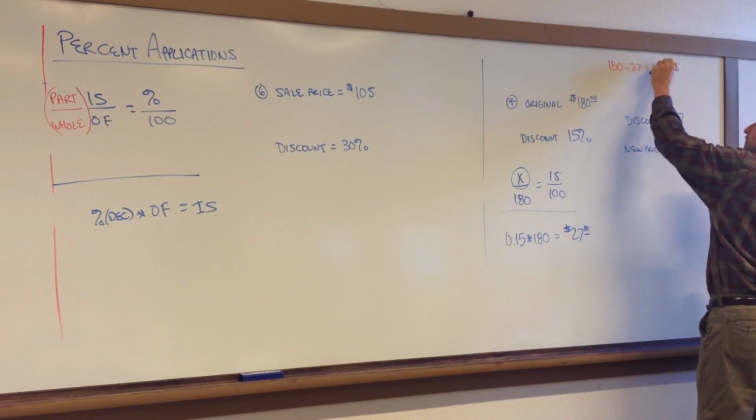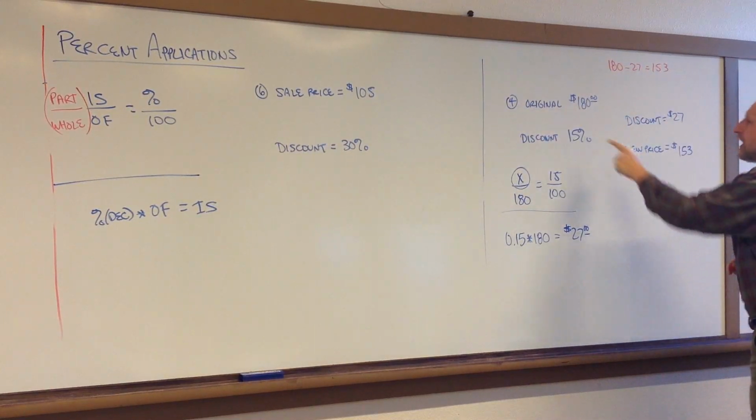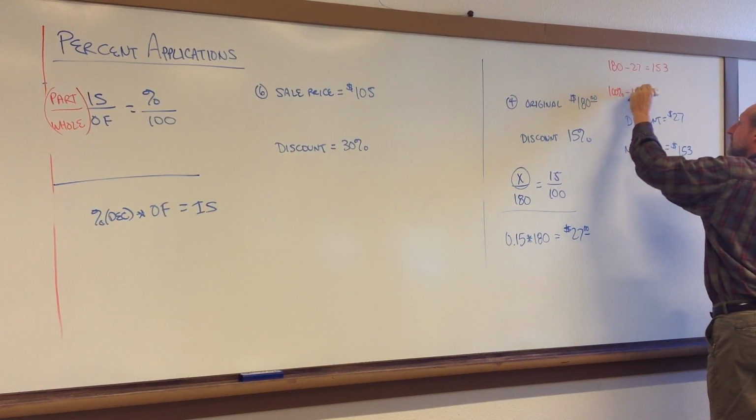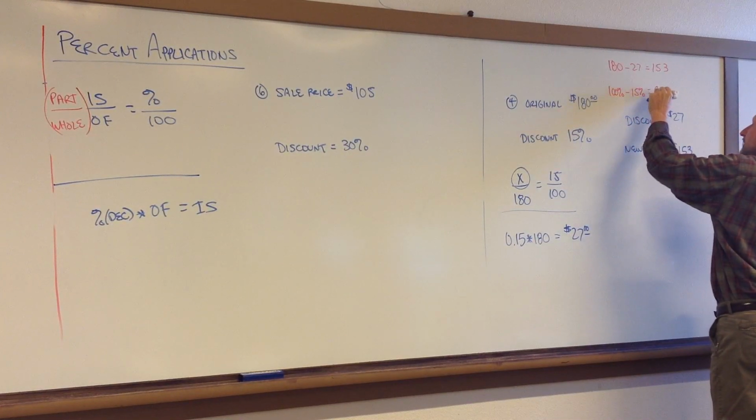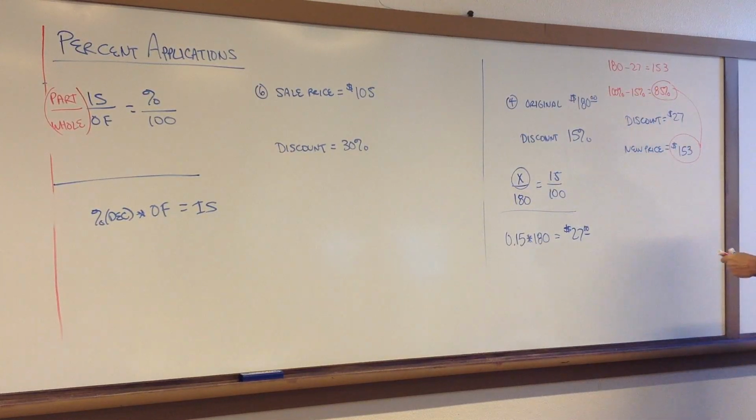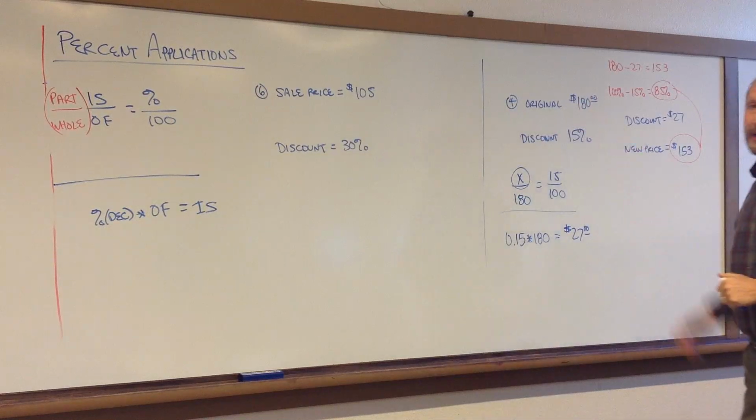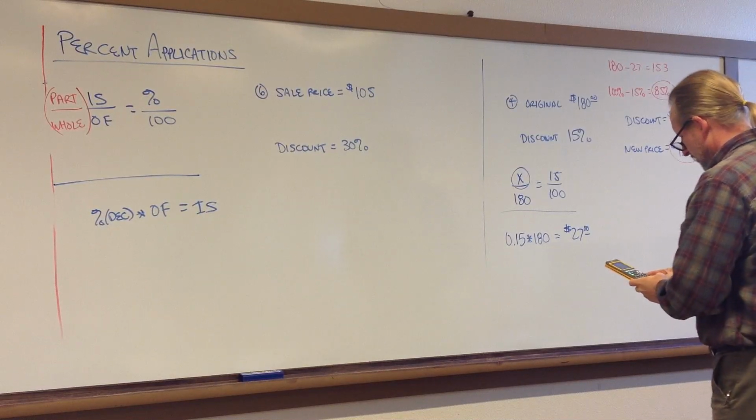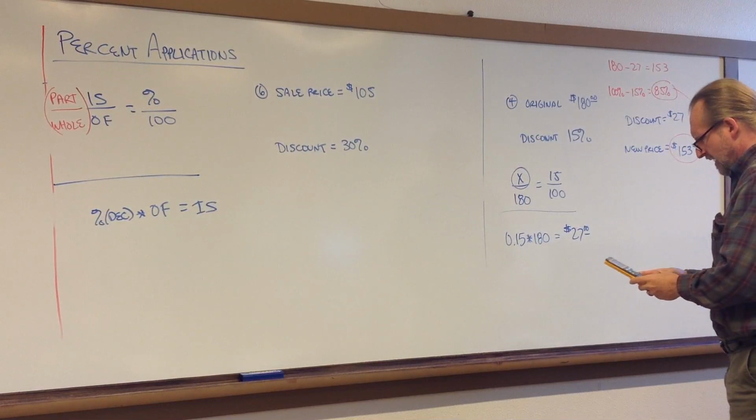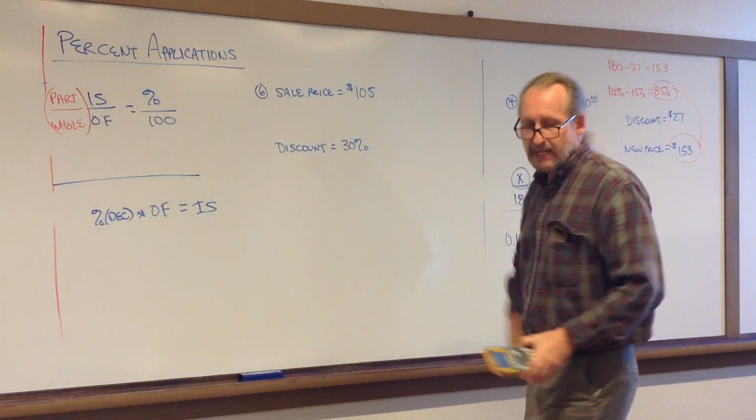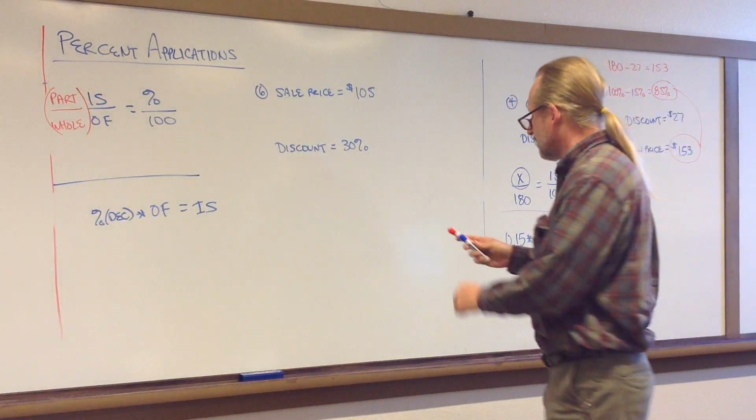to give you the new price of 153, with the discounts you would take 100% minus 15%. This is now 85% of the original price. Okay? And you can try it out if you'd like. You can take 180 times 0.85, and that'll give you $153. So what we're saying here is that our original price